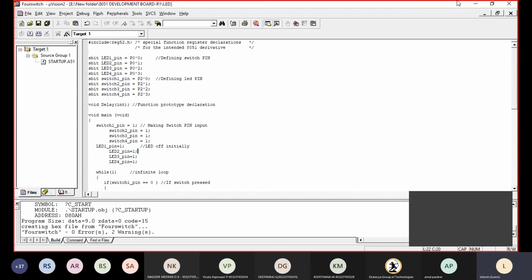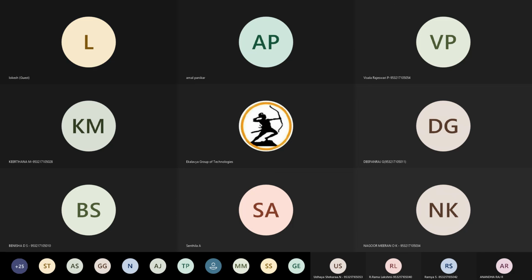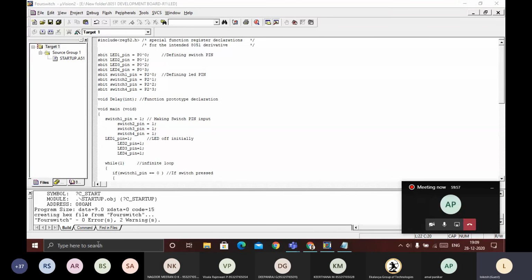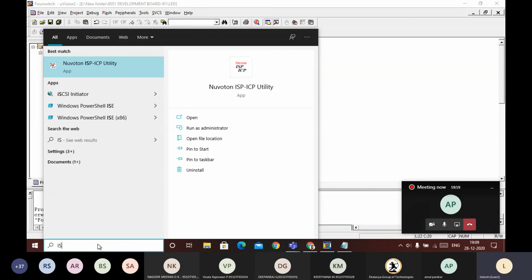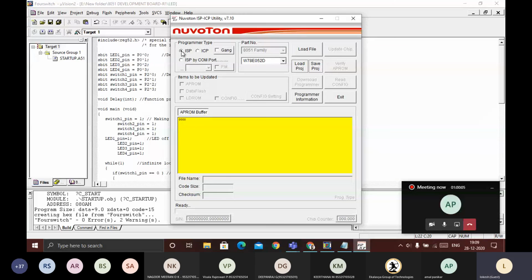Now, after creating the hex file, I will start to share my entire screen. So go to the ISP utility. Next, try to connect the board.